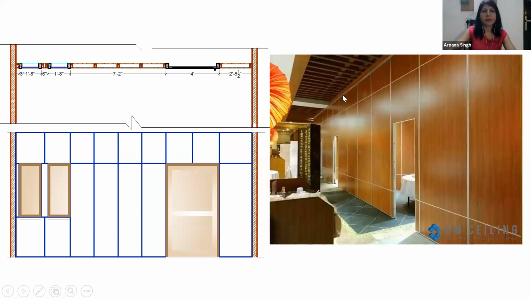These are the framings which have been fixed here. These are the dimensions, and after the framing is done, the next step is you fix the commercial board with any kind of material on top, be it laminate or teak board. And after that, in the end, you fix up the doors.